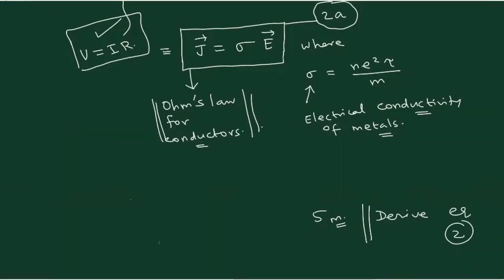What are the quantities? The voltage is there, resistance is there, current is there, J is there, electric field is there, sigma of the electrical conductor is there. And then if you introduce the capacitance, one C will come into the picture, and then the charge on the capacitor. If these 2 things are also finished, then almost all variables in electricity and magnetism we will have together. So you can have a problem combining all these things. That portion we will see in the next class. So is this okay? Up to this.